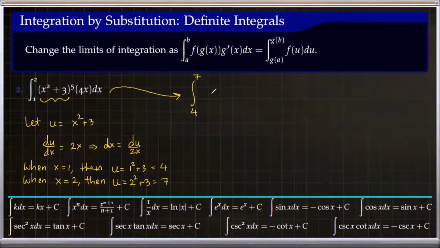And we are letting x squared plus 3 be u. So we have u to 5 times 4x. I'm going to put 4x as it is, since I don't see any obvious way to replace that. Then dx we know is du over 2x. So dx is du over 2x. Looks like we can cancel x out. So that x and that get canceled out. So we are left with,